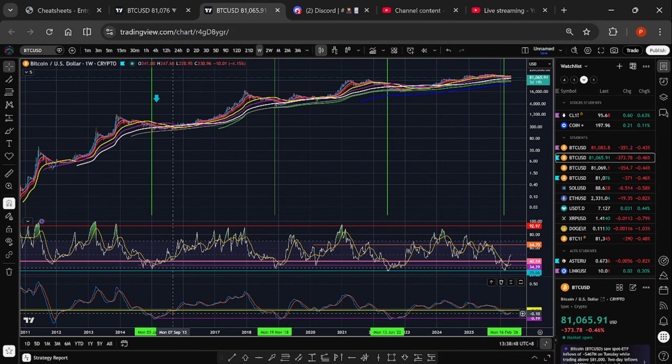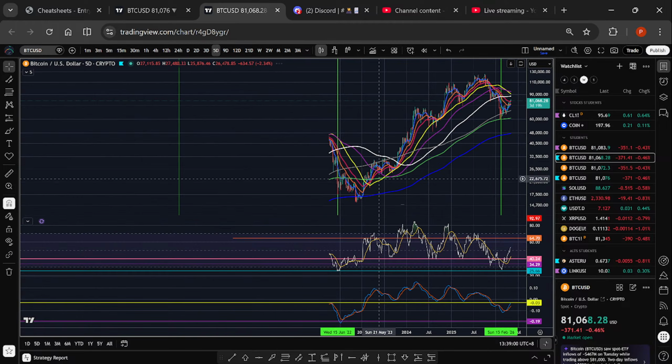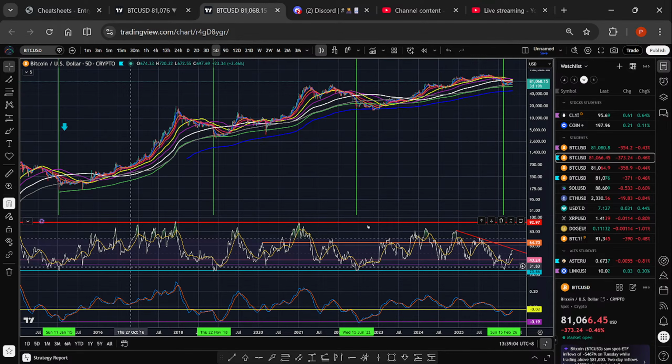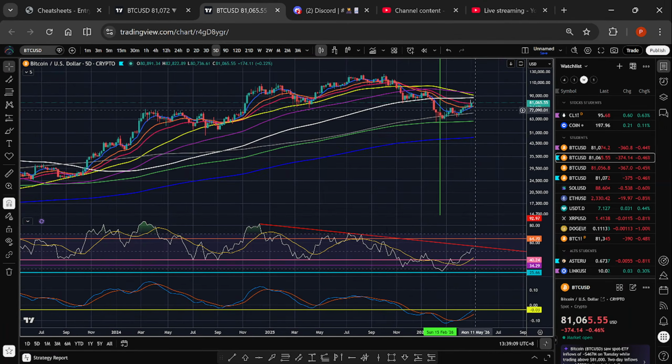I'll wait for it to get up above to say, yeah, we're on. So that hasn't happened, okay? We also haven't had the touch of this blue line on the 5-day, which has happened every single time before. So there are a few things going against this being full bull mode, even though that weekly MA 144, where